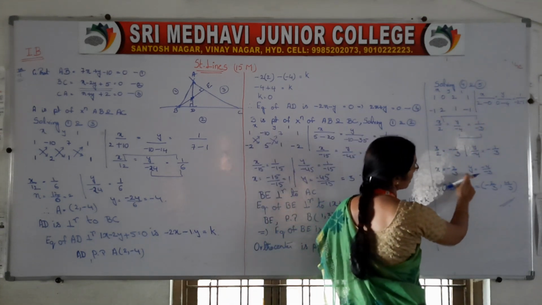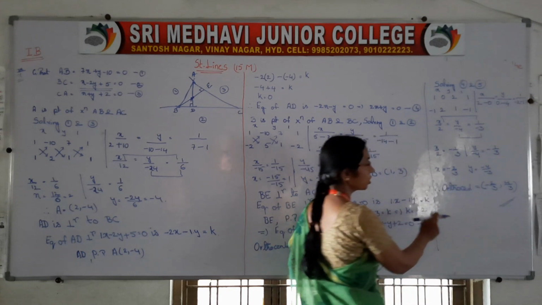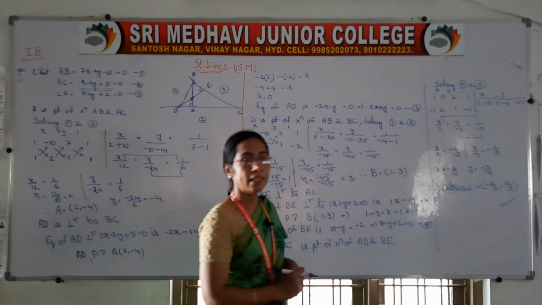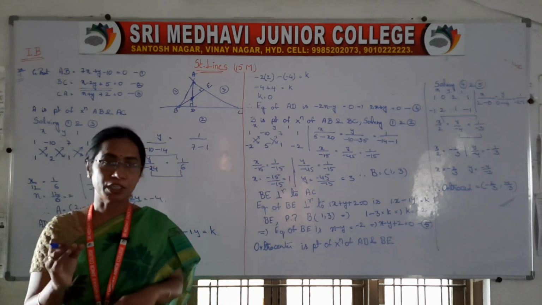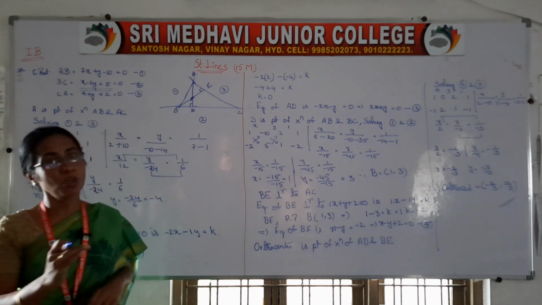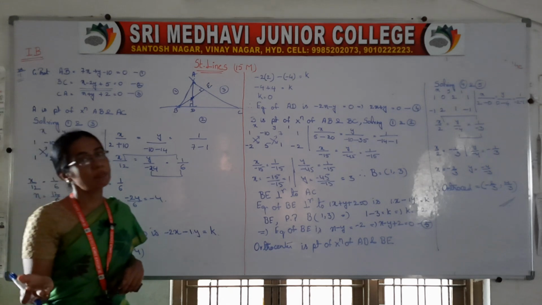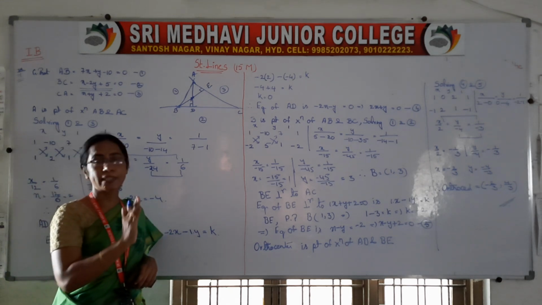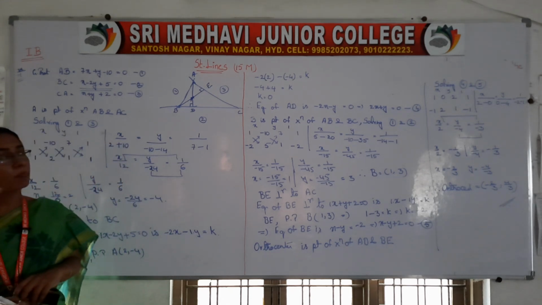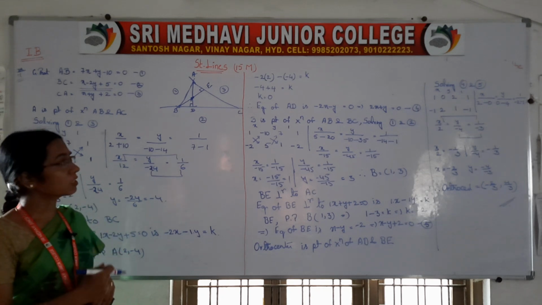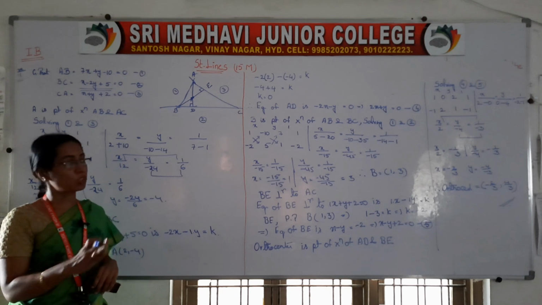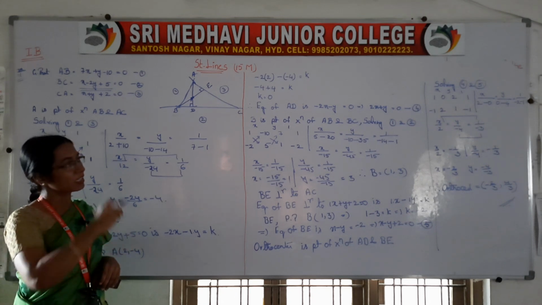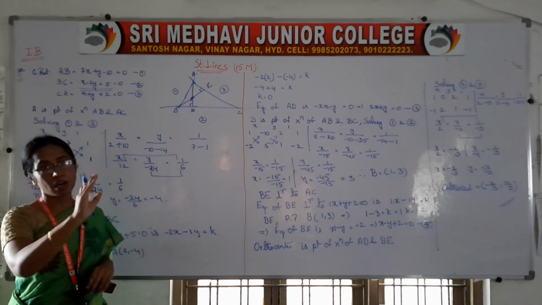With that you got the point of intersection of altitudes AD and BE. Always the point of intersection of altitudes is orthocenter, whether the vertices are given or the sides are given. Practice this problem perfectly. This is a most repeated 7 marks question. Be clear with the concept, don't learn by heart. Don't learn like that, first this one, next this one, not like that.